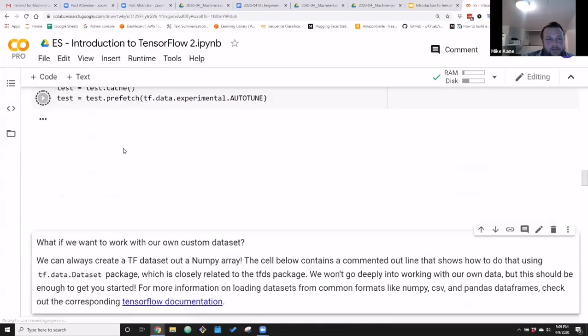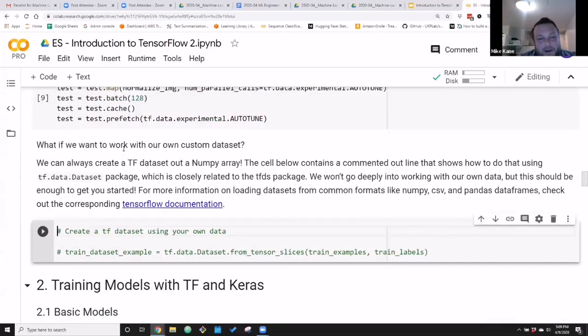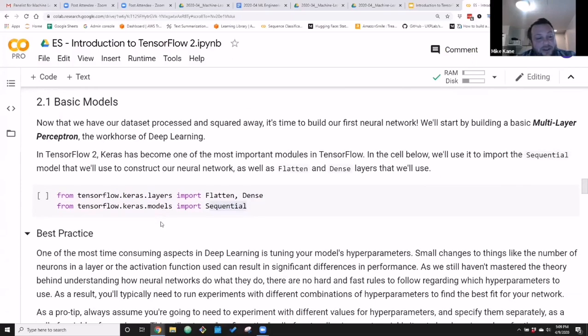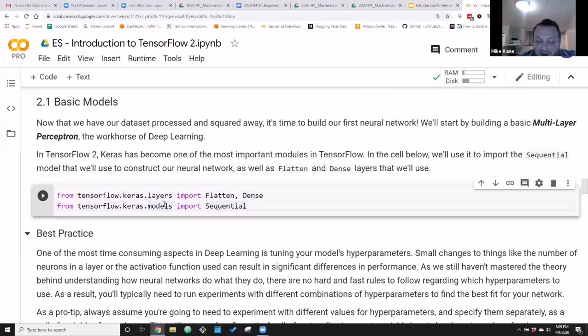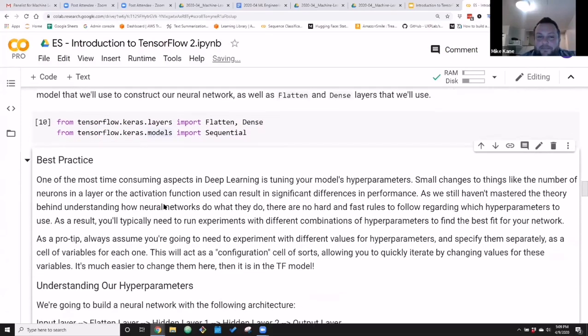Oh, I was blowing by stuff too quick there. There we go. Okay, so yeah, that's a huge part of building your models: you actually got to run the darn code. Cool. So I'm going to import some stuff here. Okay, and this is going to be a very simple neural network.